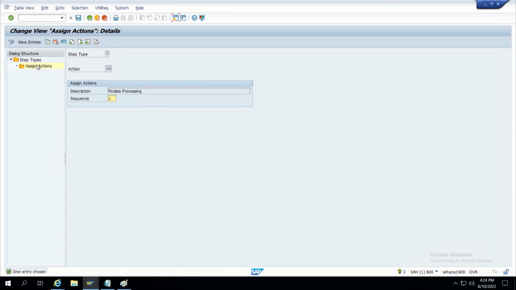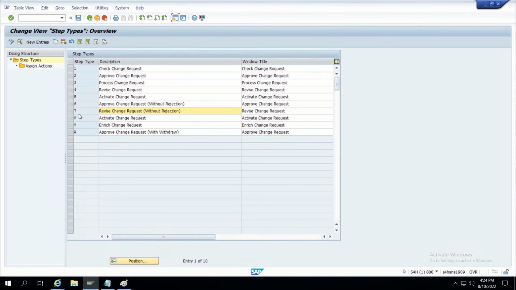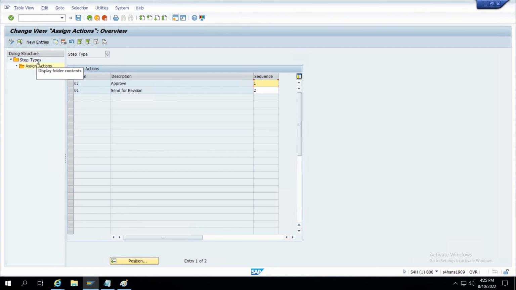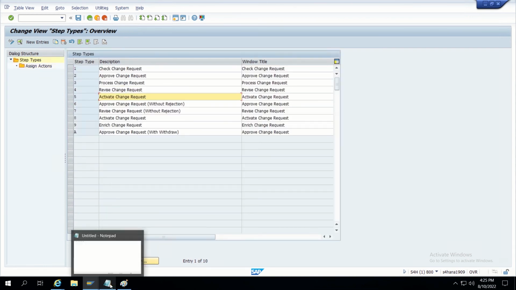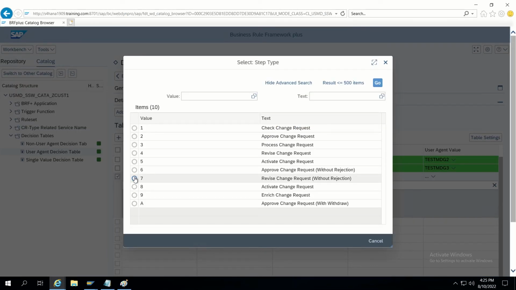It looks like this is the only step which is having only one button. So I will use this one, finalize processing, as an action. So revise. Other things are having two buttons. So requester should have only one button. So I will use 7, finalize processing. So 7 I am using here. Let's do 7